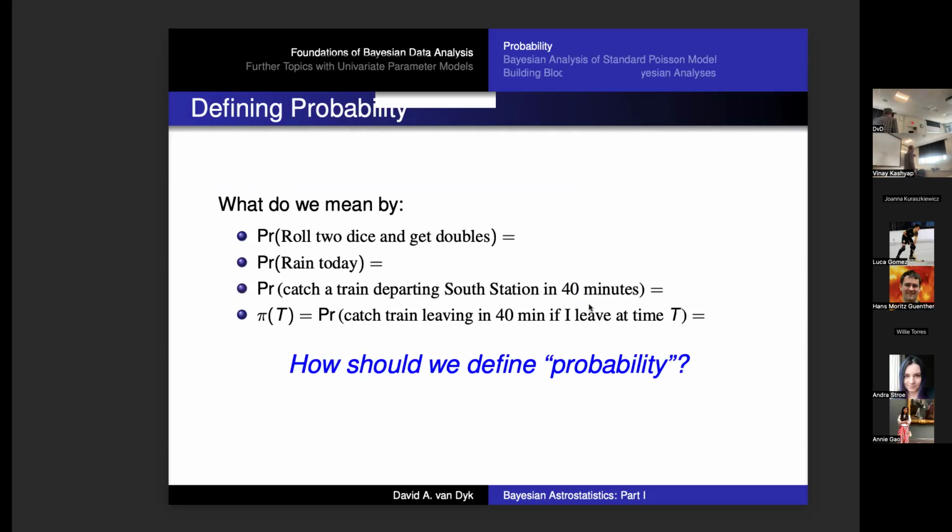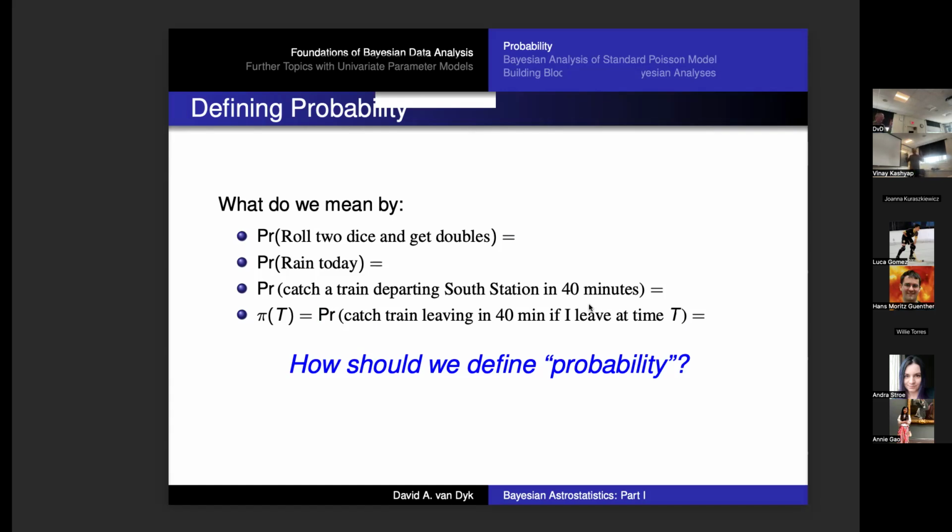Okay, so the very first question, and it's quite fundamental to thinking about things from a Bayesian point of view, is what do we mean by probability? So I have a few things listed here. I could ask, if I roll 2 dice, the probability that they both come up with the same number of dots. I get snake eyes or a pair of 2s or a pair of 3s. Or I could ask, what's the probability that it's going to snow tomorrow? And those are very different questions. Statisticians and probabilists argue quite a bit about how to answer those kinds of questions.